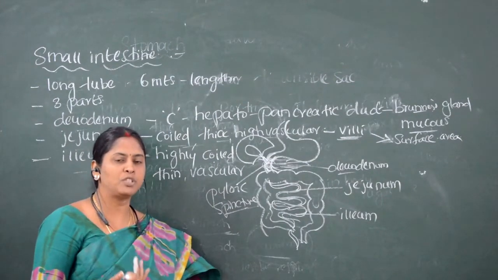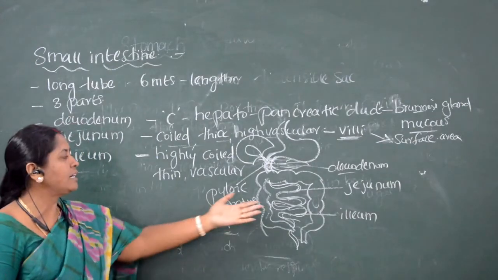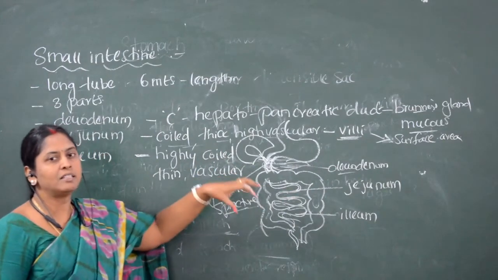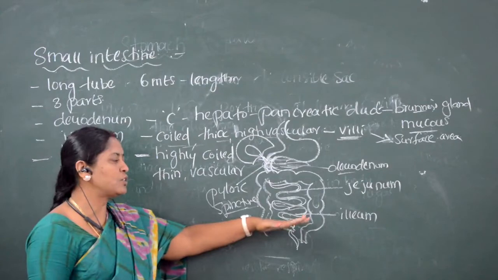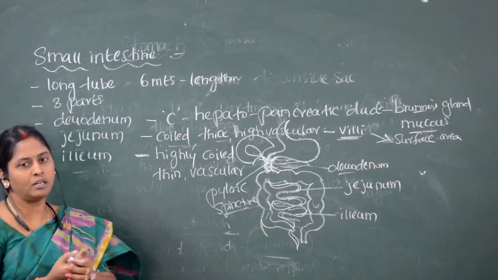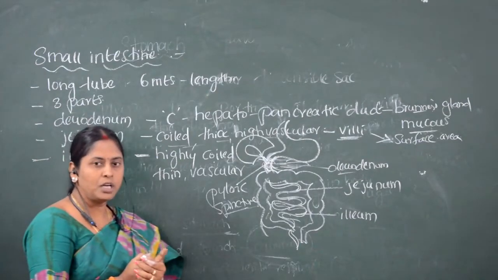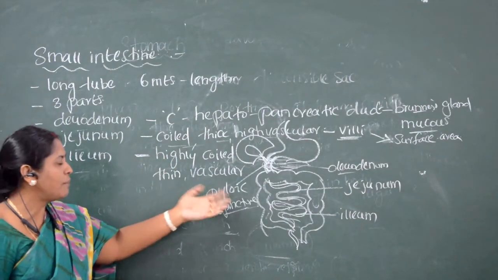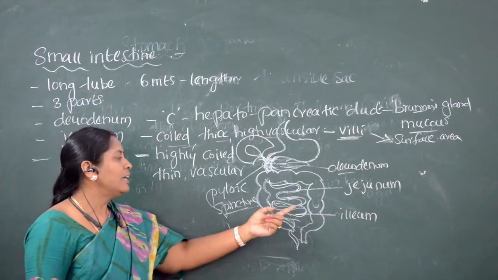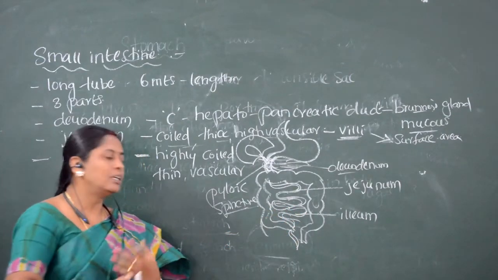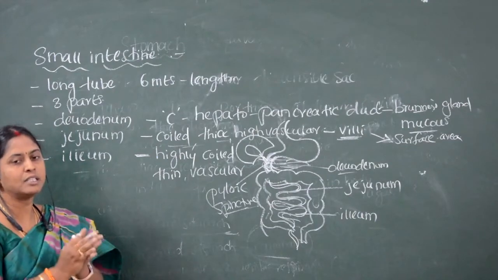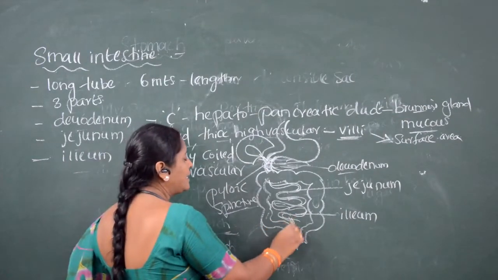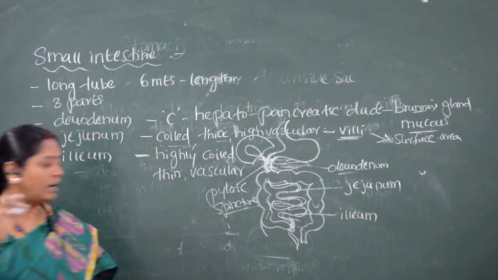Finger-like projections called microvilli are present inside the jejunum, which help the absorption of food materials by increasing the surface area. The next part is called ileum. Ileum is a more highly coiled structure than the jejunum. It is thin and vascular, not as highly vascular as the jejunum, but it is vascular. It sends the remaining food materials on, since complete digestion and absorption occur in the small intestine. So this ileum enters into the next part, called the large intestine.